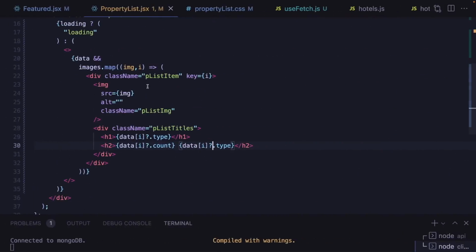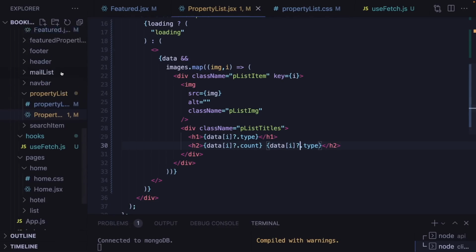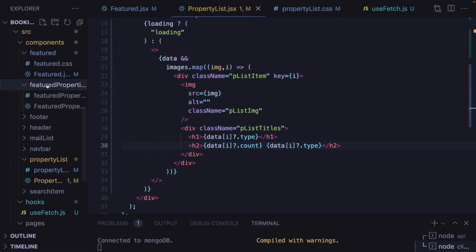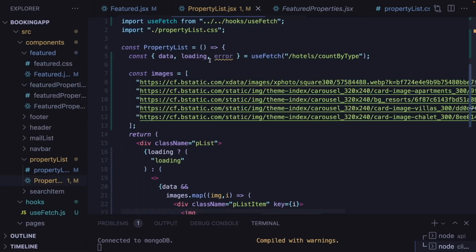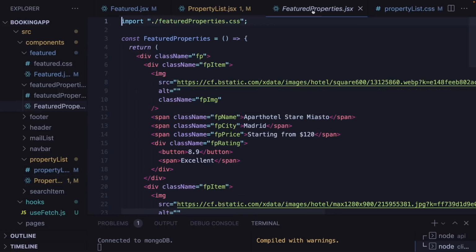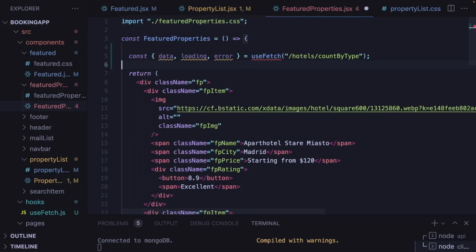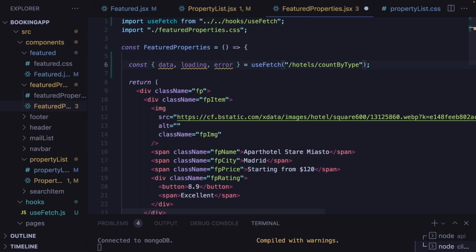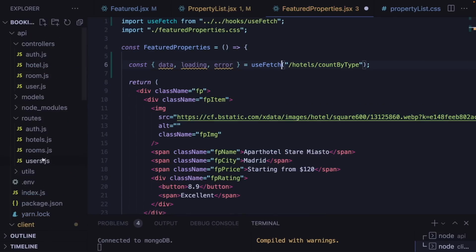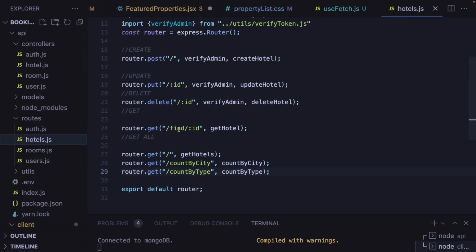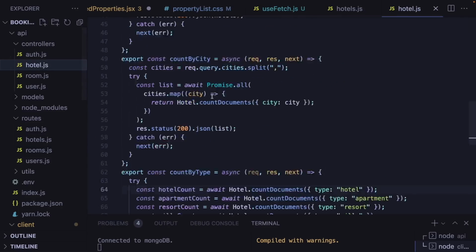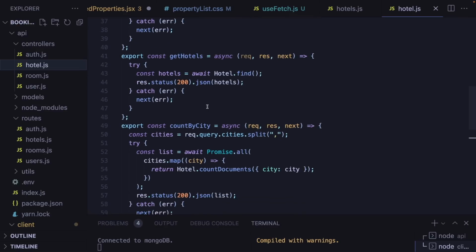I'm gonna come here and open up my sidebar and featured properties. I'm gonna come here and copy this. Use fetch hook, and I'm gonna import. And right now we are gonna do something different. Let's check out our server, hotels, and as you can see, this is gonna be our endpoint, and in the controllers, get hotel, get all hotels,